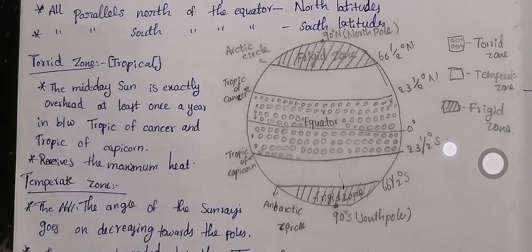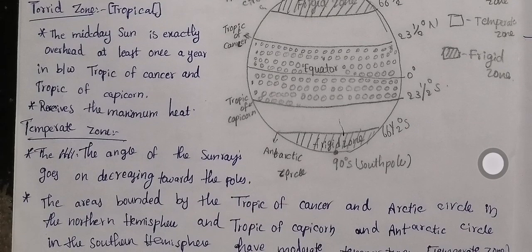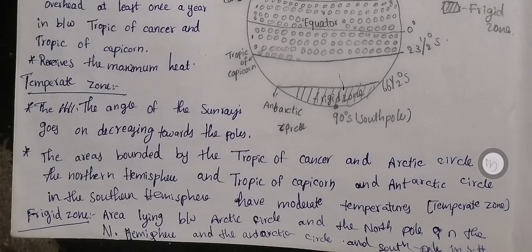In the northern hemisphere, from 23 and a half degree northern latitude to 66 and a half degree northern latitude, and in the southern hemisphere, from 23 and a half degree southern latitude to 66 and a half degree southern latitude, we see the temperate zone. Here, sunrays fall on the earth at an angle. That means the angle of the sunrays goes on decreasing towards the pole,